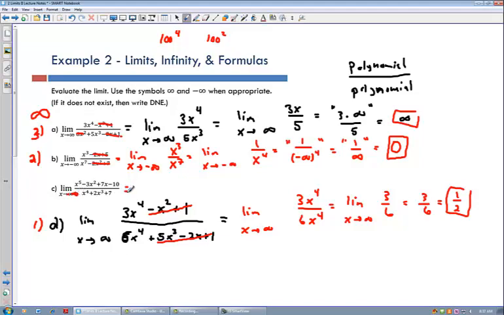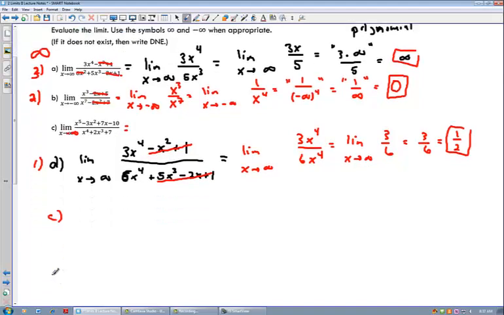If you do this one, let's rewrite it down here because I'm running out of space. We're going to change the problem a bit. Let's do the limit as x goes to negative infinity of x to the fifth minus 3x squared plus 7x minus 10, all divided by x to the fourth plus 2x cubed plus 7,